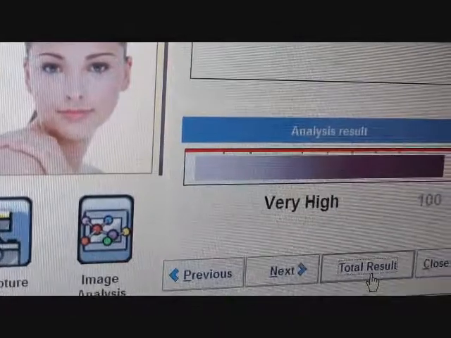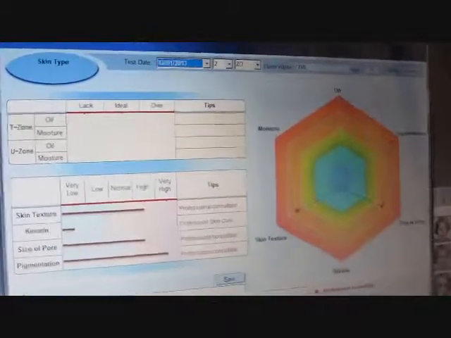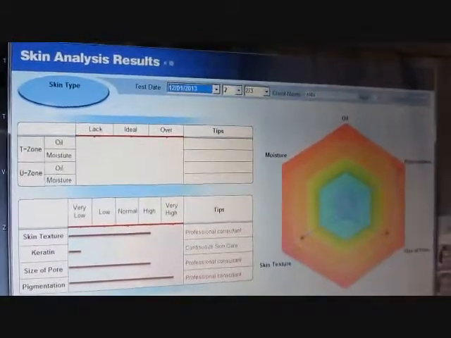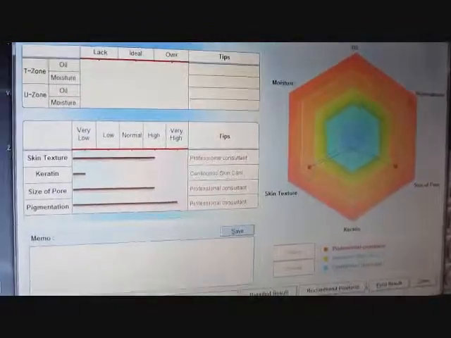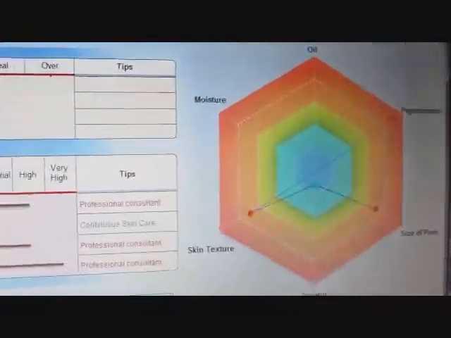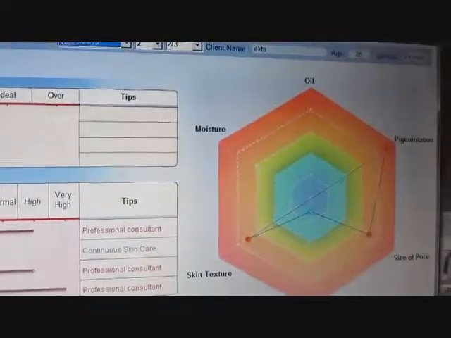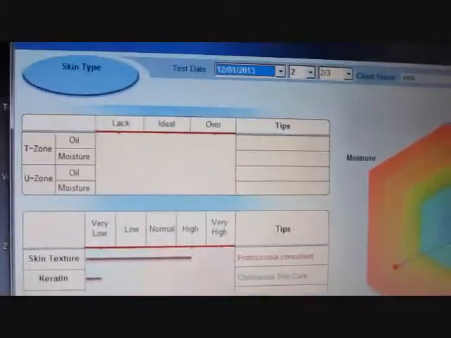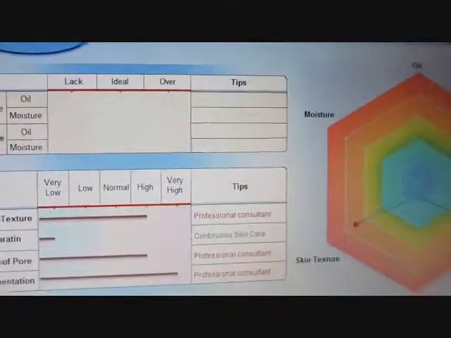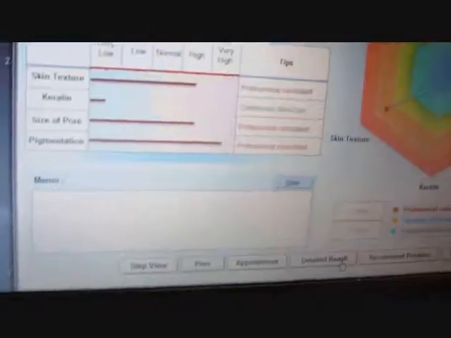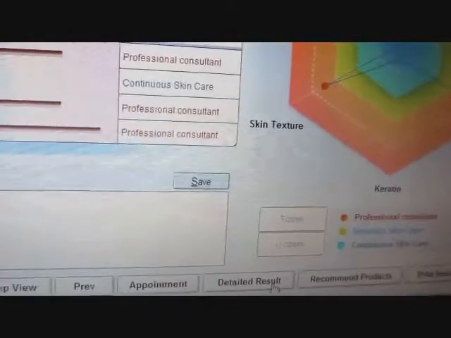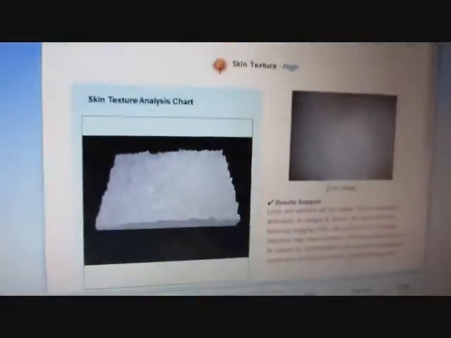Now click on Total Results to get a graphical view of the analysis just conducted. Click on Detailed Result for knowing a detailed analysis.